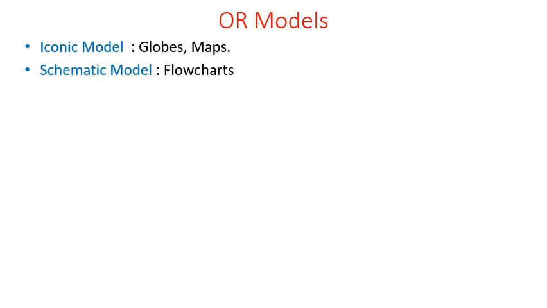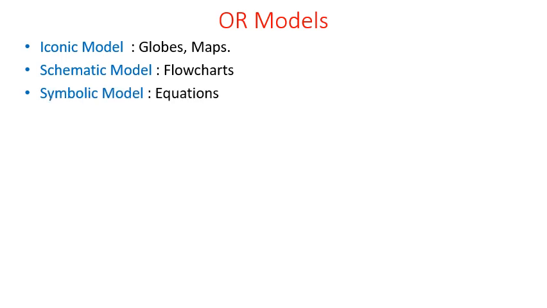Schematic models: flow charts, step by step how to proceed, instructions given for a particular program in terms of a flow chart. How a particular thing has to be operated in the form of a flow chart. Schematic, scheme-wise, one by one, slowly. If you go through the entire flow chart, you will understand how a particular operation or program has to be executed. For example, a flow process chart represents the order of various events to make a product step by step. These are schematic models.